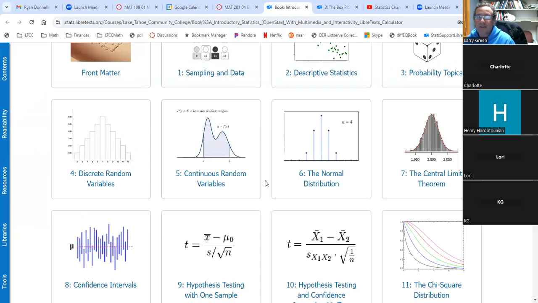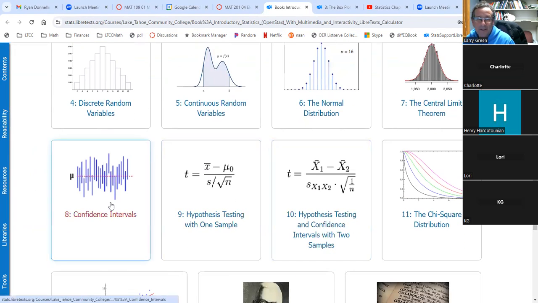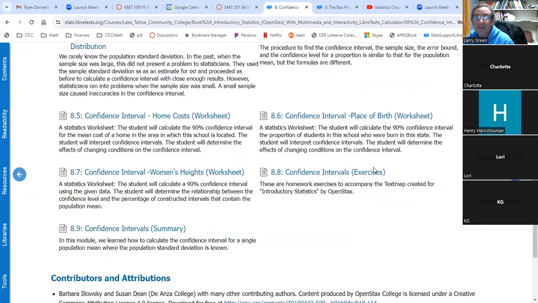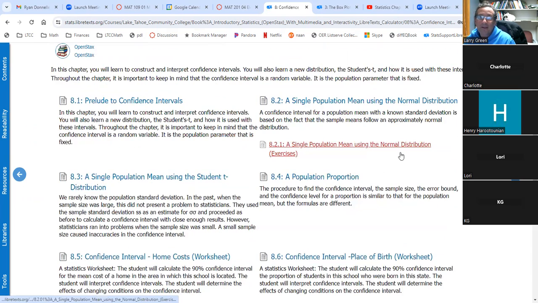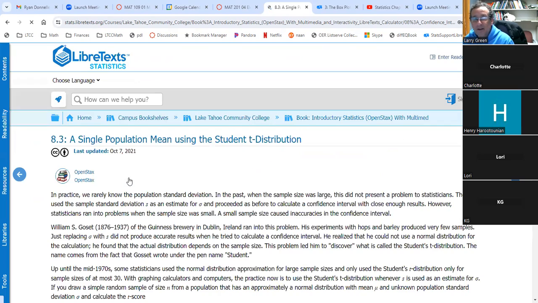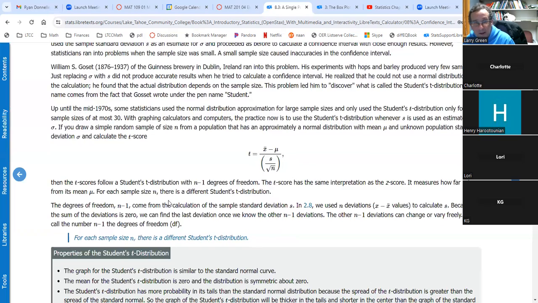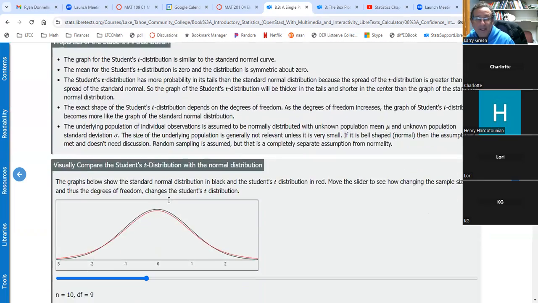So if we go, I'll just grab a section. And if you go to, let's say, confidence intervals, again, I don't expect you to understand the statistics yet, but eventually you will. And I don't know, how about this one, 8.3. So it's all free. Here's the book. And you can scroll down. This is all written by Barbara Olowski until